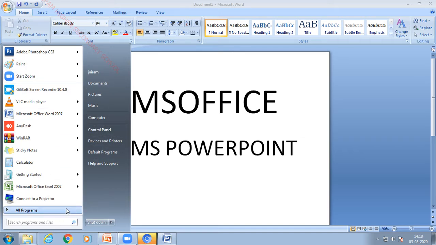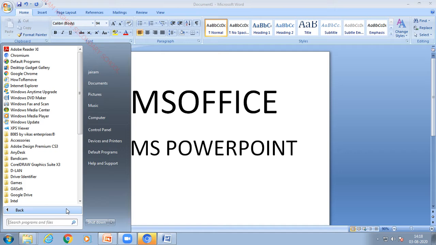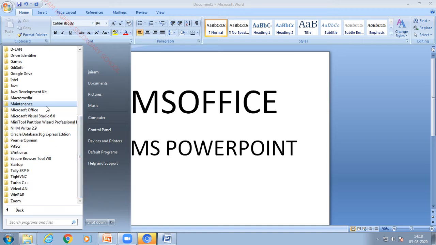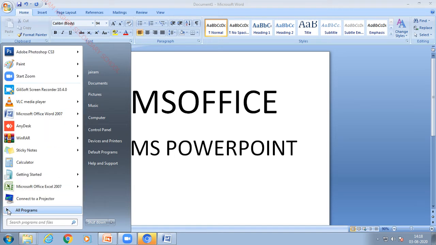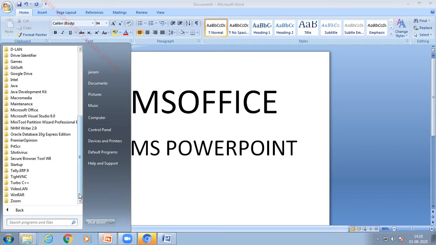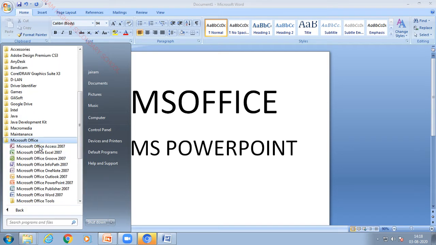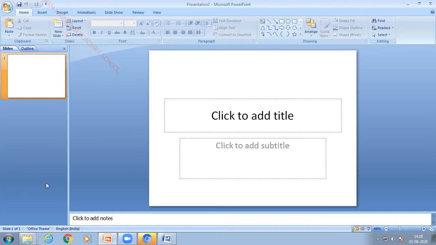Sometimes MS PowerPoint is available on the menu. In case it is not available, you have to go to the all programs option, then MS Office, PowerPoint 2007.